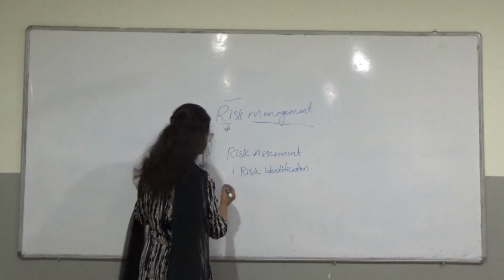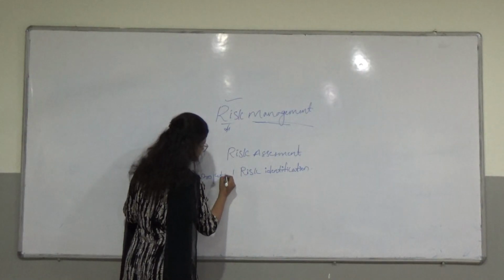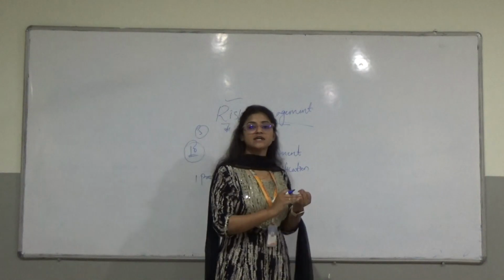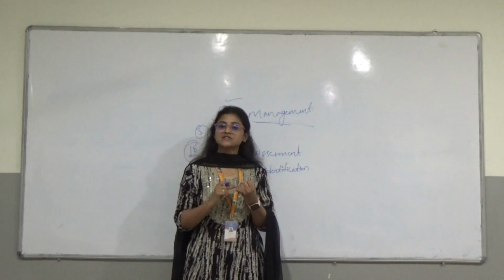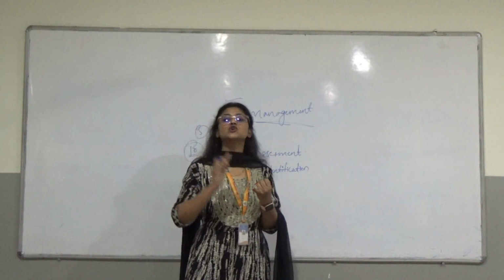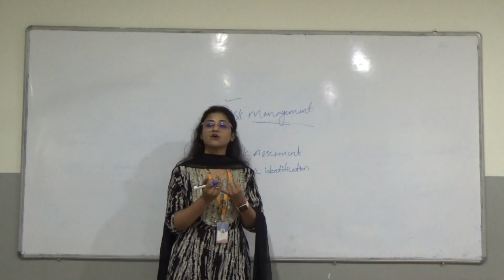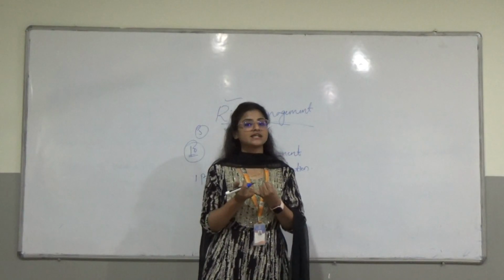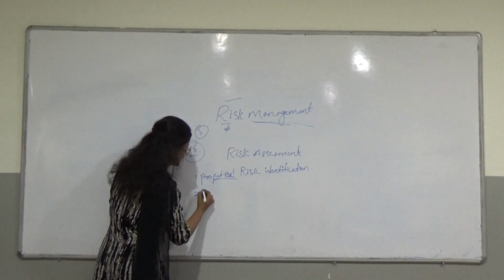The first one is project risk. Project risk comes under budget estimation, staff estimation, and project planning, like project schedules that are given. You need to complete that project in a scheduled period of time. If it is not completed, that also leads to a risk for the organization. That is called project risk. And the next one is technical risk.